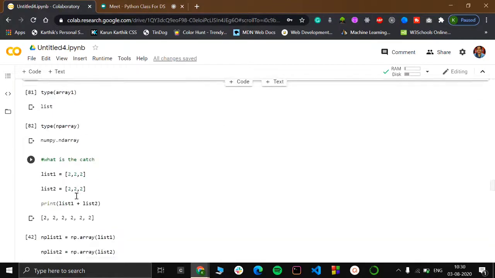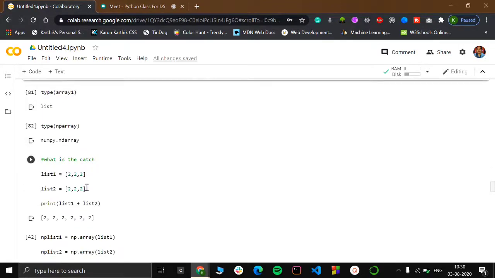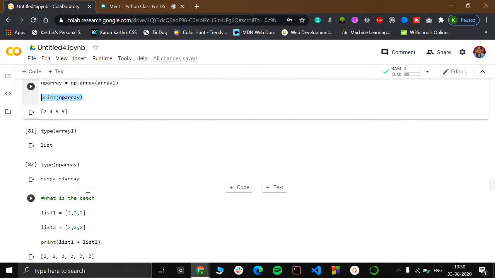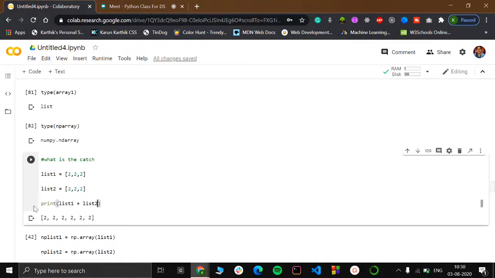So what is the catch? Why should you be using arrays and not lists? Lists seem to be pretty easy, but why should we know about arrays? Here we go. We are declaring one list which is named list1, and there is another list declared as list2. When I'm printing list1 plus list2, I expect something like 4, 4, 4. Does it make sense?